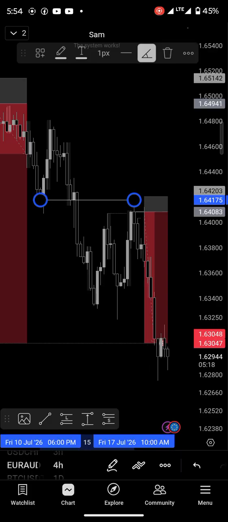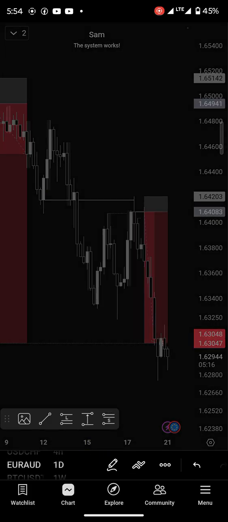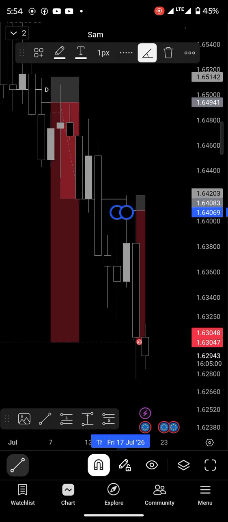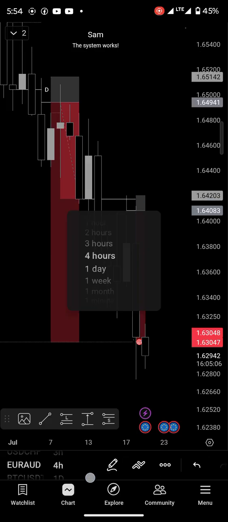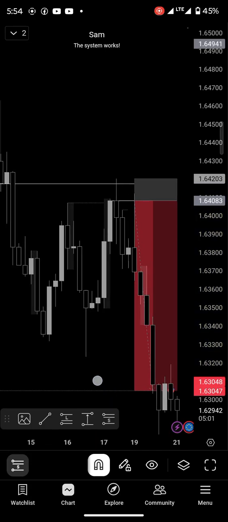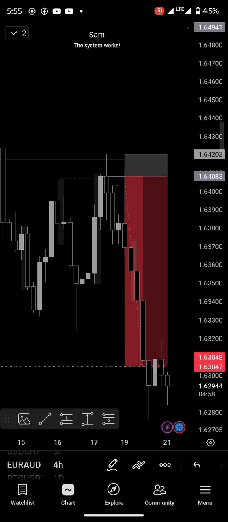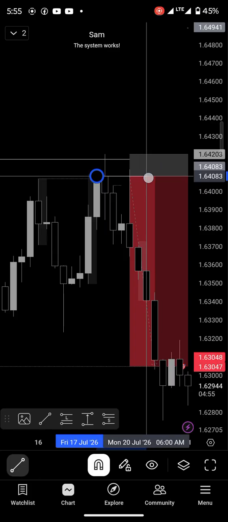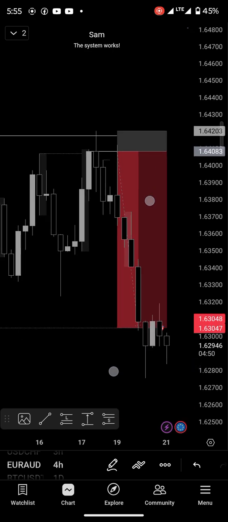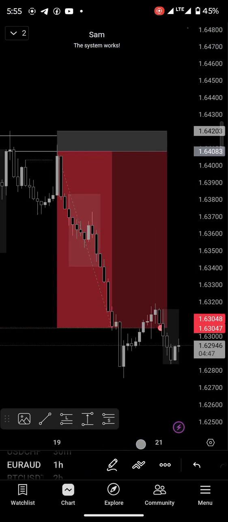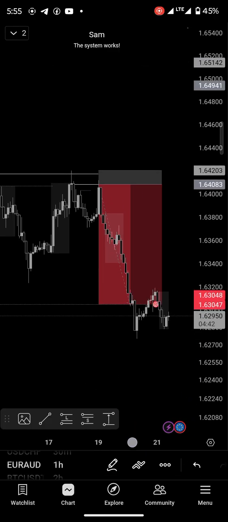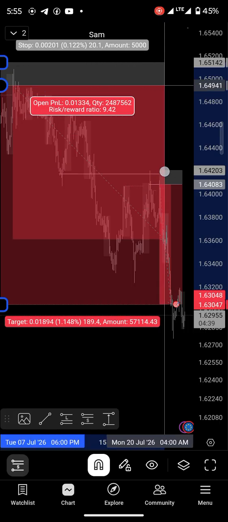So why did I pick this particular point for entry? If you check on daily, you notice that it's actually a very clean key level. This previous daily high was swept, and then price tapped into this daily key level, and then on H4 after price tapped into this key level, it gave a confirmation entry directly on H4. So we can see that this H4 resistance was our confirmation entry, and then this single candle formation as liquidity was extra confluence, and it was actually clearer on H1. So you can see now we have structural liquidity on H1, and that's why I picked the second entry for this pair. So those are the two entries on